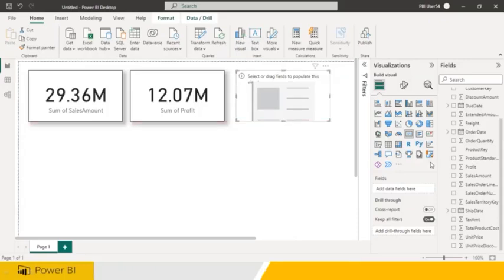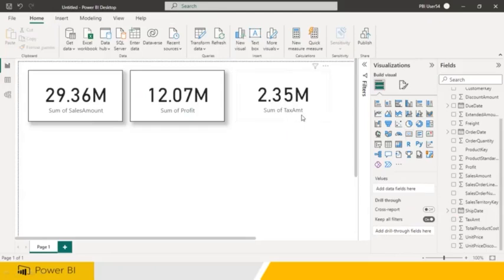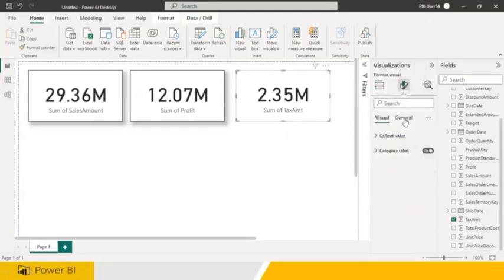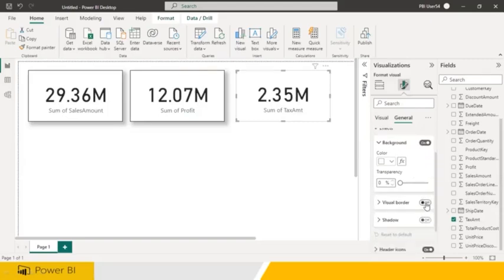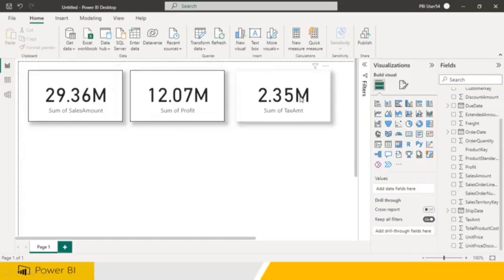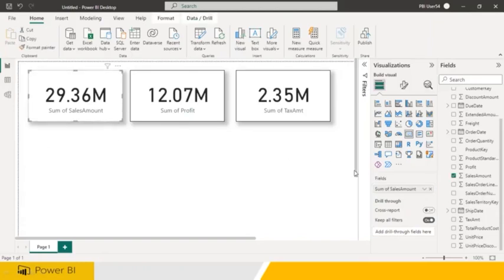Okay. Now in this, I wanted to show you the tax amount we paid so far. Clear? Again, click on this, go to general, go to effects. Now when you scroll down, visual border and shadow. That's it. So I'm able to get all these things. Now, a lot of other things you can also modify. I can show later. But if you wanted to modify something,